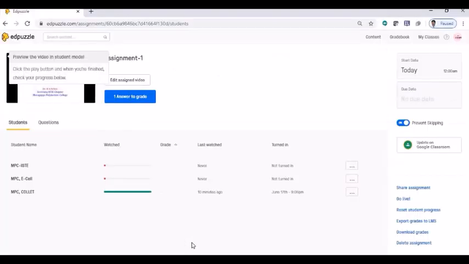This is how a video lecture created by any faculty can be converted into an integrated video lecture with the help of Edpuzzle. You can post questions as and when required during the entire video, and integrate it with the Google Classroom. The students can answer, and that can be graded, exported into the Google Classroom, and downloaded. So all things are possible. That is the use of Edpuzzle for creating integrated video lectures.